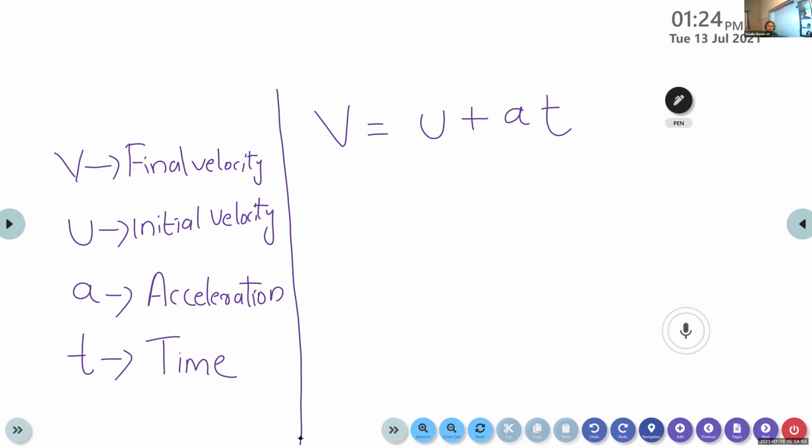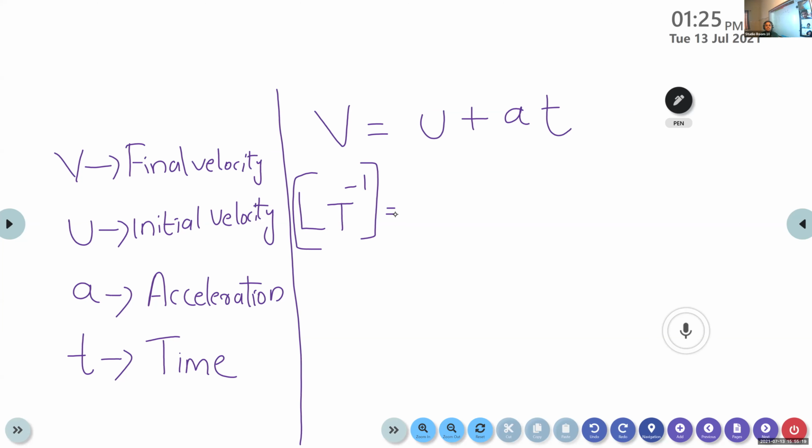Whether it is final velocity or initial velocity, it is the velocity itself, so we can represent it in terms of the dimensions of velocity. What is the dimension of velocity? LT raised to minus 1. Good. The dimension of velocity is LT raised to minus 1, equal to